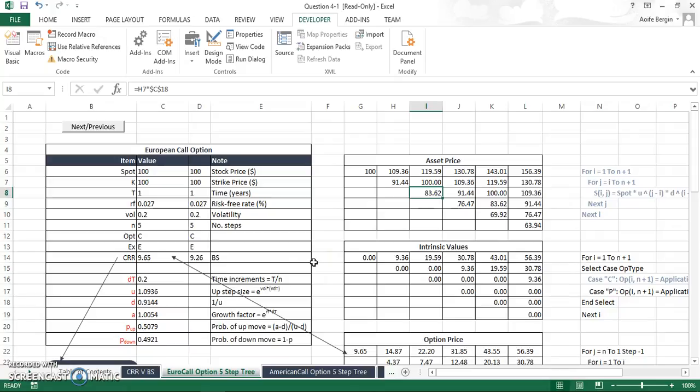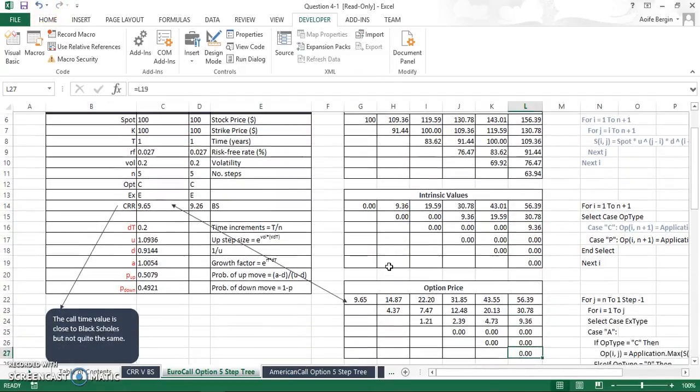So now we're going to look at the intrinsic values. So this is max, so that the values come out positive, and for the call it is the stock price minus the strike price. So we drag that all the way down here, as the strike price is F4'd. So we can drag it all the way down,